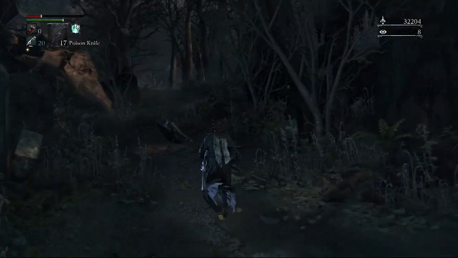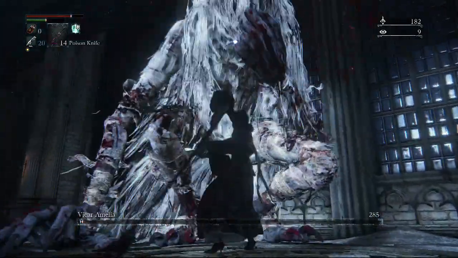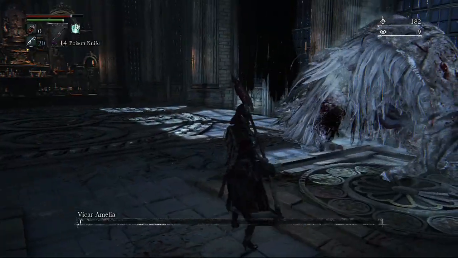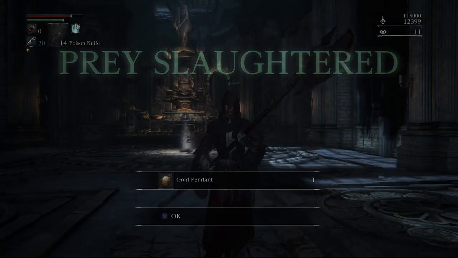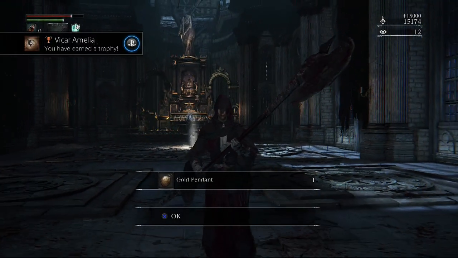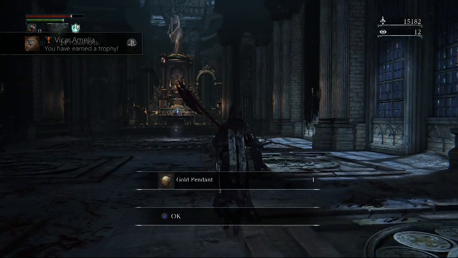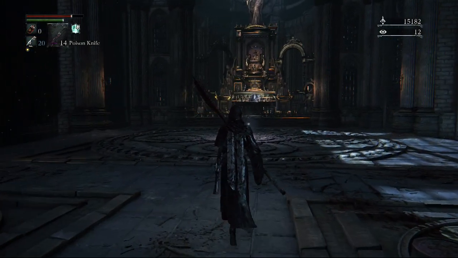So yeah, now we're going to head all the way back to the boss, and we're going to go and kill him. There's a few tiny little things I want to mention before ending this video. So once we've killed the boss, we're going to get the golden pendant. You want to go to the altar, obviously, and do the obvious of pressing the X button over there. But anyway, once we've done all that,